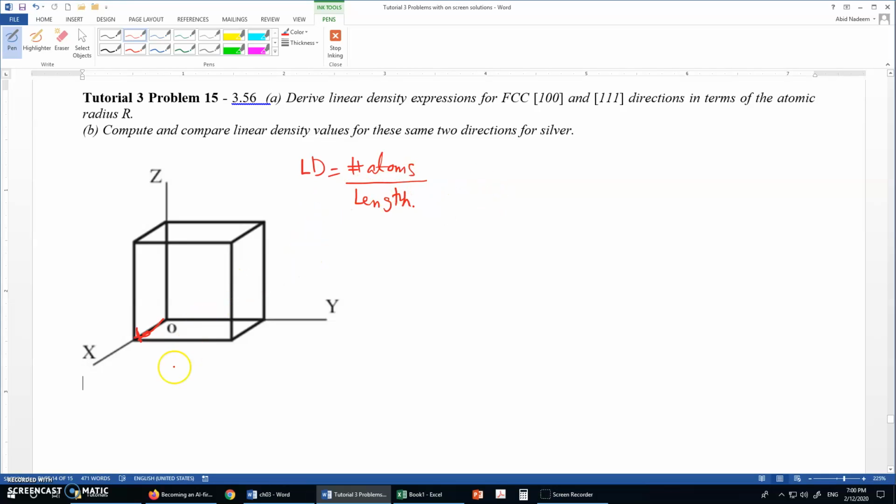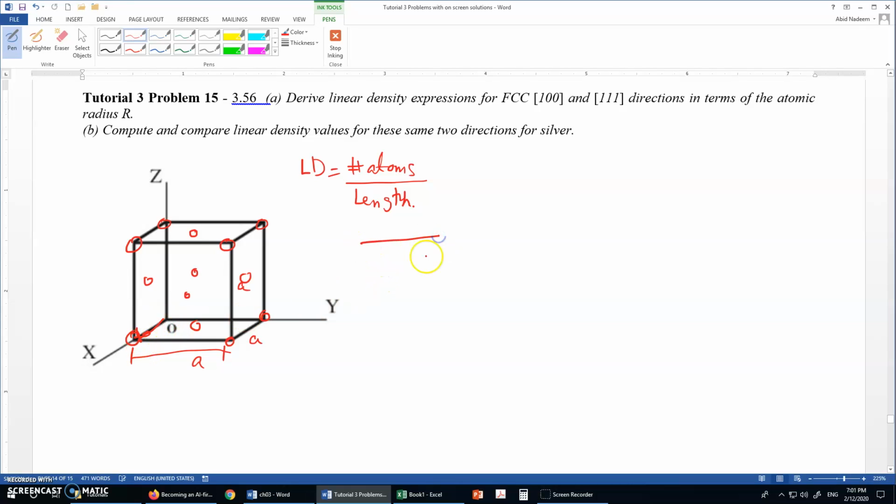Okay, so if the length of this unit cell is A, so A is in this direction, A is in this direction, so all three dimensions are A. So for a face-centered cubic structure, there will be 8 atoms on the corners and 6 atoms on the faces. So these will be the 6 atoms on the faces. Anyway, so if I take this